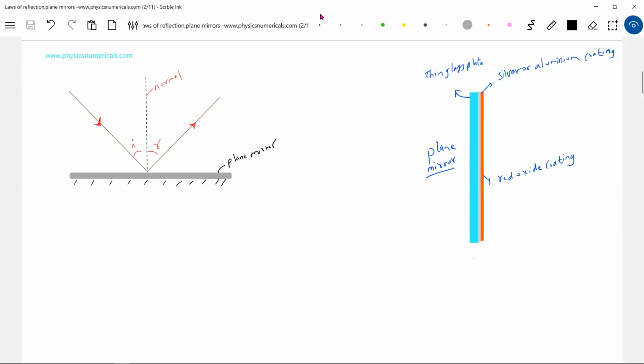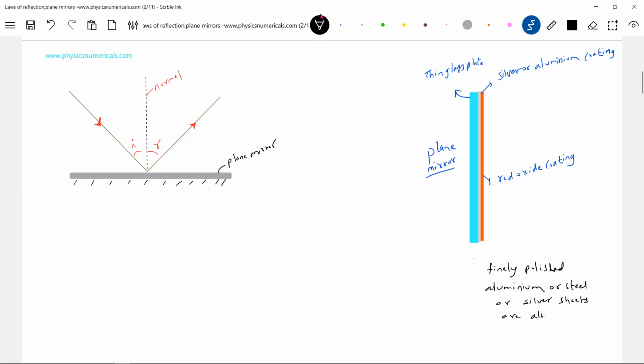Or else you can take silver or aluminum and polish it. Instead of this, we can also take metals, finely polished aluminum or steel or silver sheets,